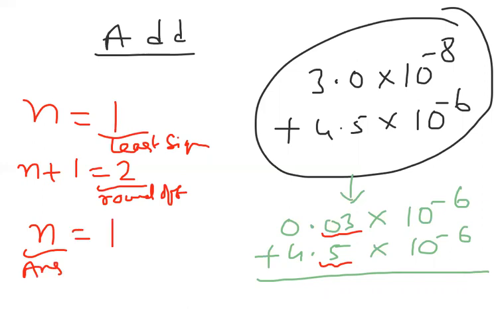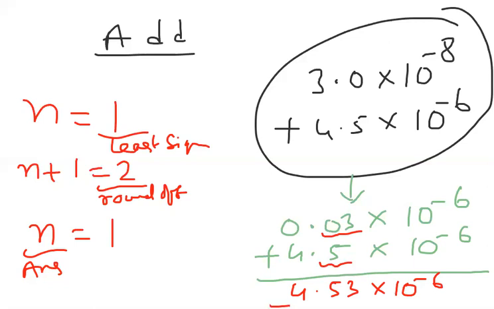Again, the answer also must have only one significant decimal. Now already it is 0.03 and 4.53, which satisfies the rule. So we have to round off to how many? 2 significant digits, and here also there are only 2. So no issue with this one. So simply I can write here 4.53 into 10 power minus 6. I did the addition now.